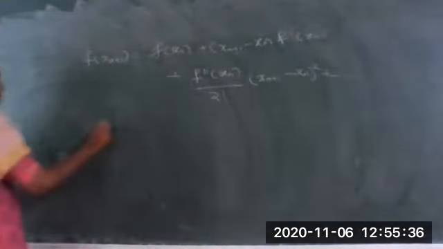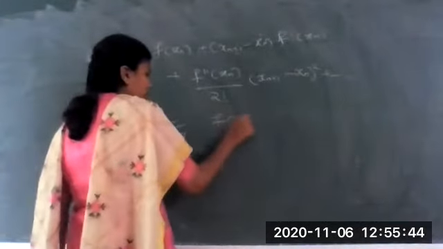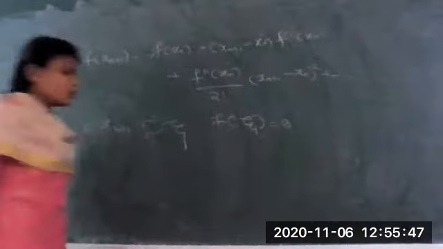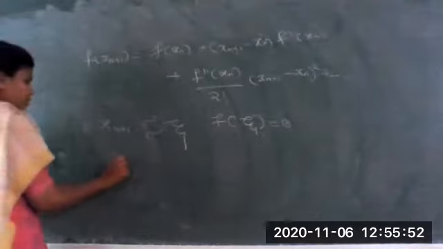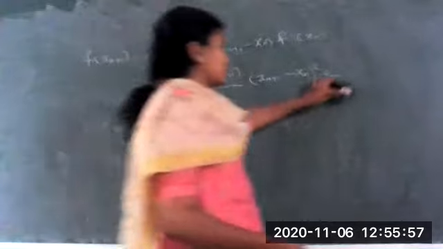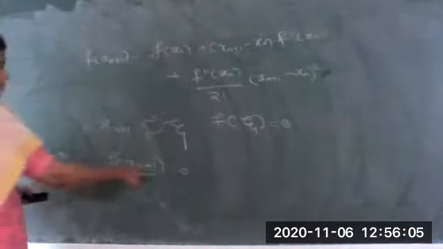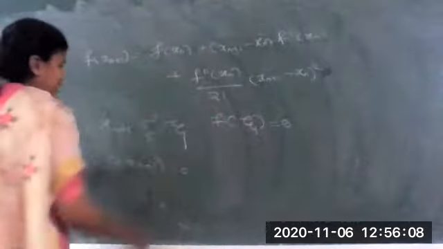Now let us assume that the exact root of an equation will satisfy f of zeta equal to 0. Let us assume that xn plus 1 is very near to the exact root zeta of our equation. If zeta is the exact root, what will be f of zeta? It will be equal to 0. Similarly, I can say that f of xn plus 1 is also equal to 0. So from the above equation, if I neglect all the terms of order 3 or higher, I will retain only this equation. So f of xn plus 1 will be equal to 0 if f of zeta is 0.